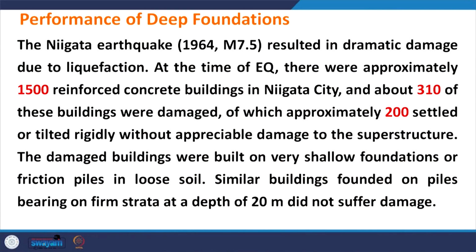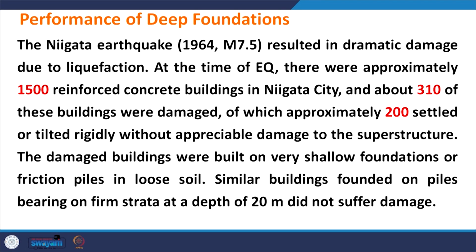And at that time the Niigata city was not very large. At the time of the earthquake, there were approximately 1500 reinforced concrete buildings in Niigata city, and about 310 of these buildings were damaged due to the earthquake. Out of these damaged buildings of about 300, about 200 buildings settled or tilted in such a way that there was no damage to the superstructures,